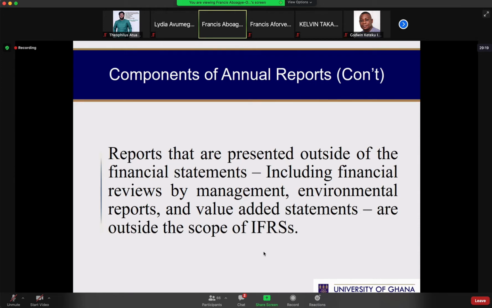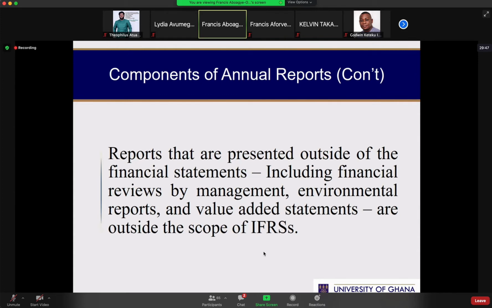So the other parts, such as the chairman's report and the CEO's report, all fall outside IFRS. If you read the auditor's report, they'll say that they have not looked at this. So their mandate falls outside